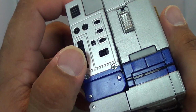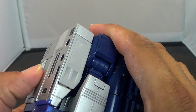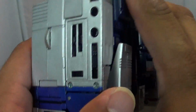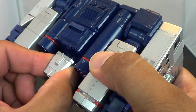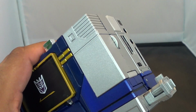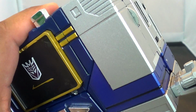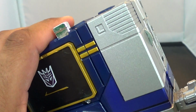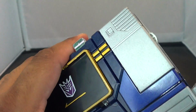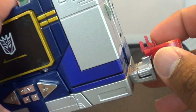You got all kinds of little dials over here and equalizers or whatever that is. And this switch that clicks up and down. You got the dial over here, which only I can get to spin so far. Of course, you see some detail there. He also has this little blaster thing on the side, which can also plug into here. I remember seeing somebody do something with this. I just can't remember what exactly it was they did. I think they put this or something on there, or pegged them in, or I think they actually pegged in underneath or something. Those tabs do kind of correspond to over there. Well, I saw somebody do it, and I just...